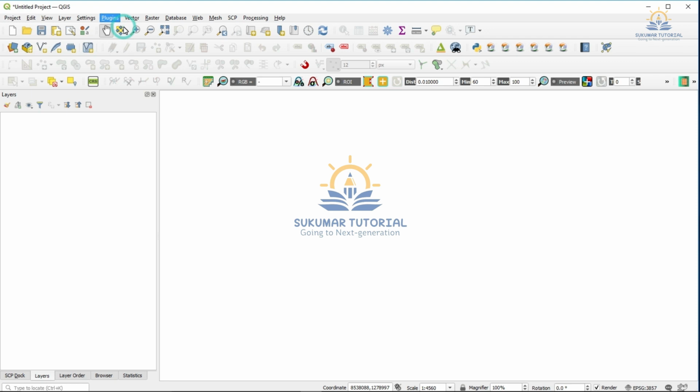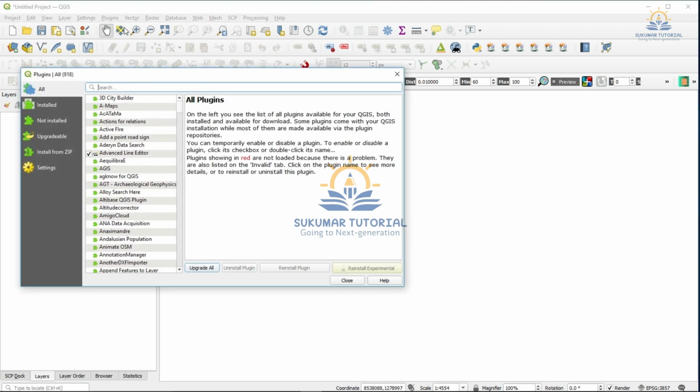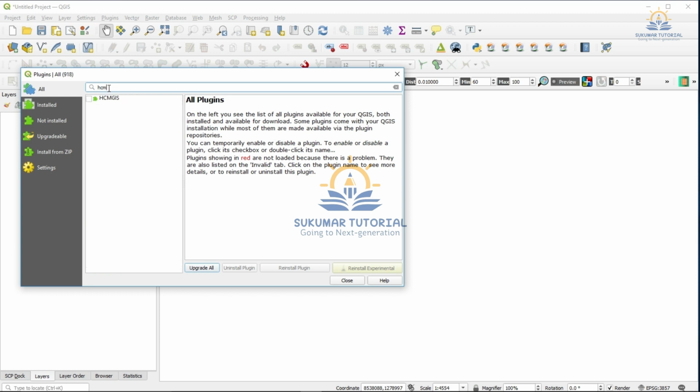Another way to get these base maps is to use the plugin. Click the Plugin Manager. All has come. There you type HCMGIS. See, HCMGIS is there. Give a tick mark.